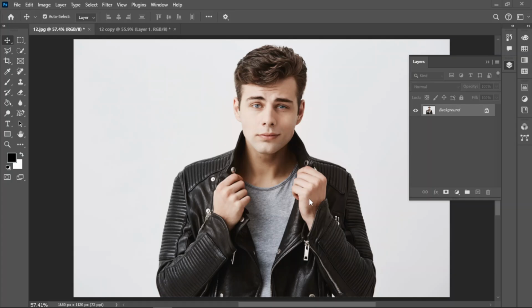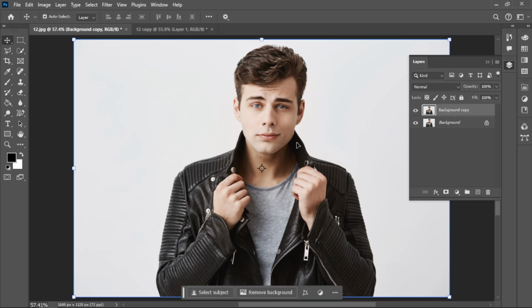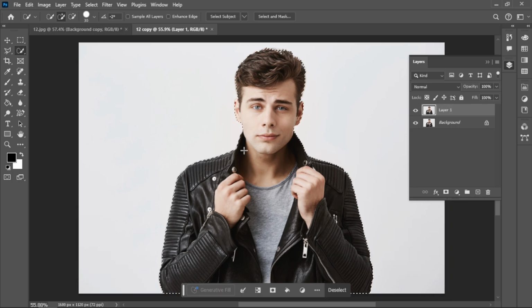In today's video, I will walk you through how to create transparent text effects in Adobe Photoshop. First, drag the image layer down to the new layer icon to create a duplicate of the image. After that, select the Quick Selection tool and click on Select Subject to automatically create a selection around the subject in the photo. Once the subject is selected, click on the Layer Mask icon to apply a mask to the